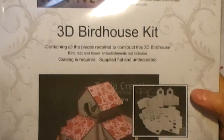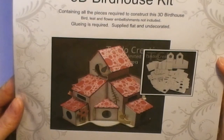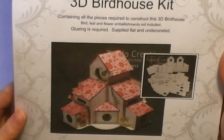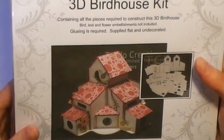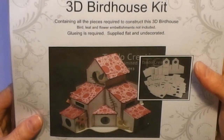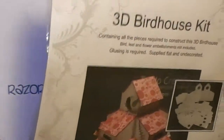I do still have this 3D birdhouse kit to make. And I had promised Di that I'll do it, and I'll do a video of it as well, which I do plan on doing, and I might even video the whole making of it. I haven't decided yet. But the one thing I have decided is that I am going to wait until after